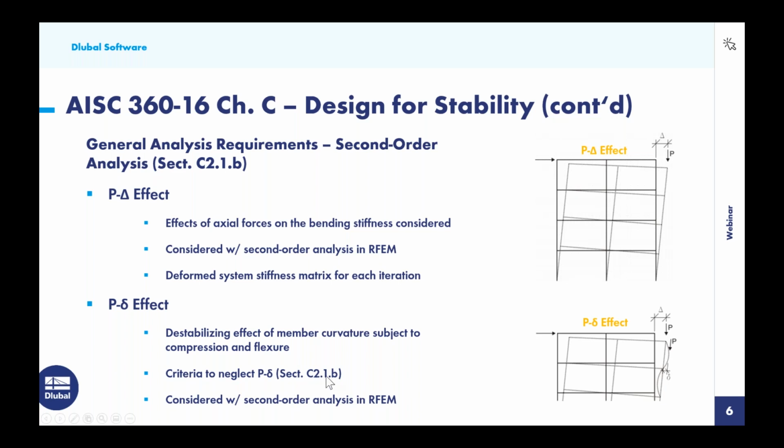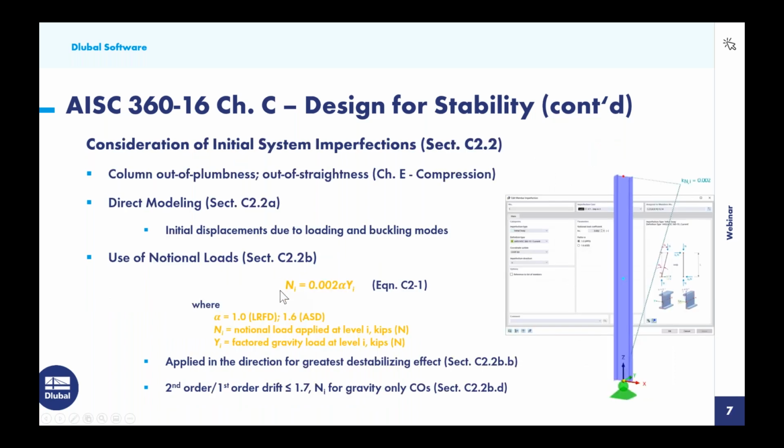Now in section C2.1b, there are some provisions laid out if we want to neglect P little delta. So if you fall into this category with your structure, then P little delta may not be a concern. Within RFEM, P little delta is also automatically considered with a second order analysis. You do not need to further submesh the member. You do not need to add additional nodes along the length of the member. Everything is automatically accounted for internally with the differential equations applied to each element for a second order analysis to account for P little delta. So I'll show you in a minute how we can go ahead and apply those settings, but let us continue